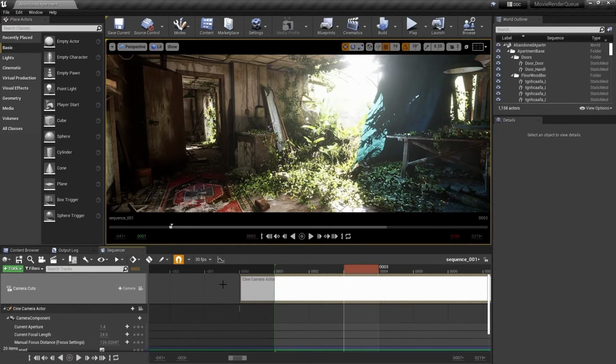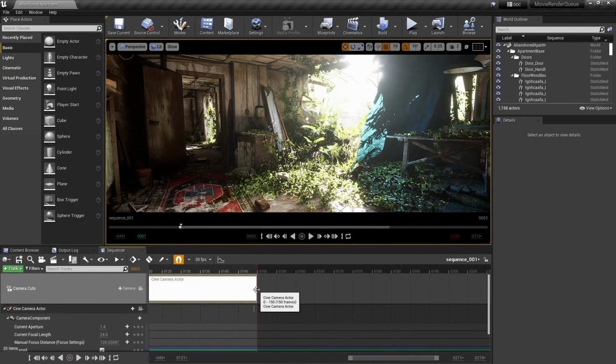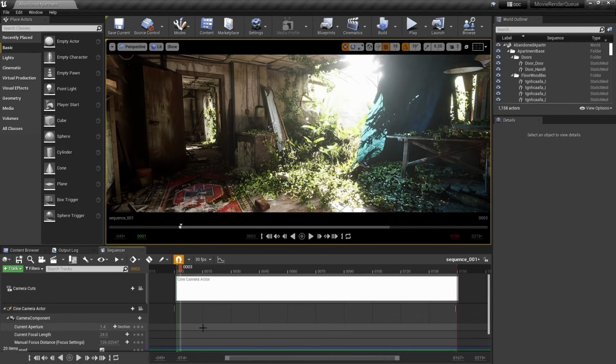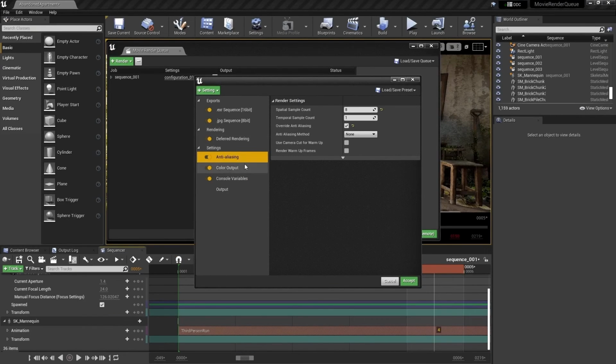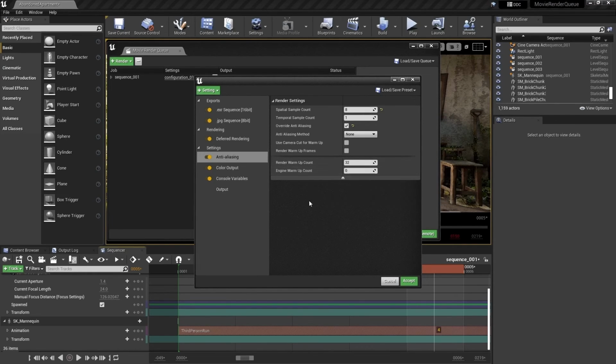You really don't want to be learning the day before delivering a project that your GPU is not powerful enough to output your frames. These things really add up quickly, especially if you start combining high temporal sample counts with high ray tracing settings like brute force and global illumination. Your renders can and will take a very long time. So start with low values and slowly inch your way up until you get to a point that you're satisfied